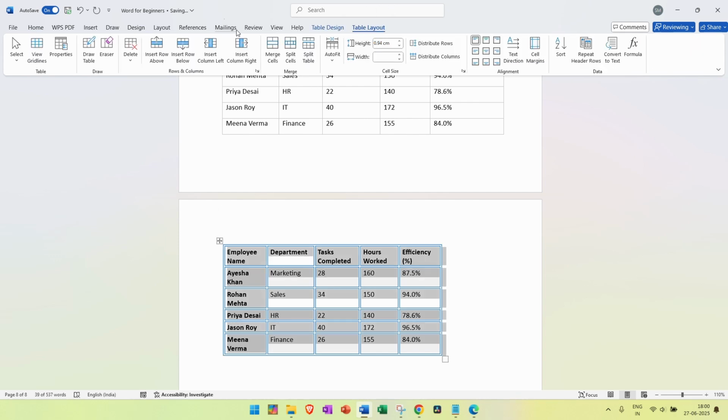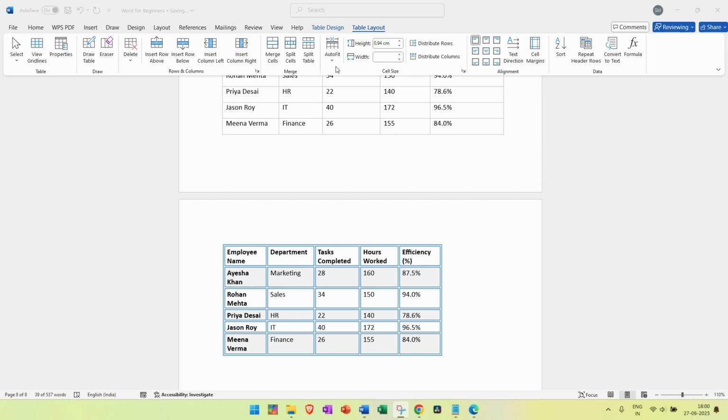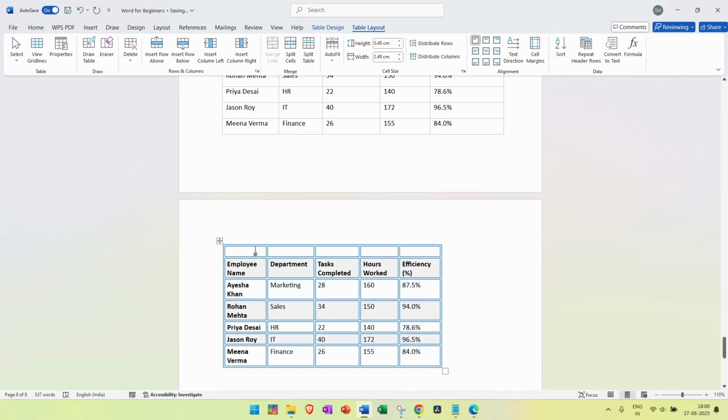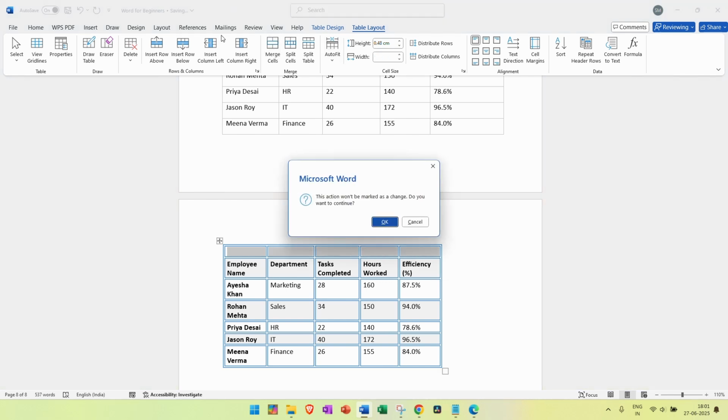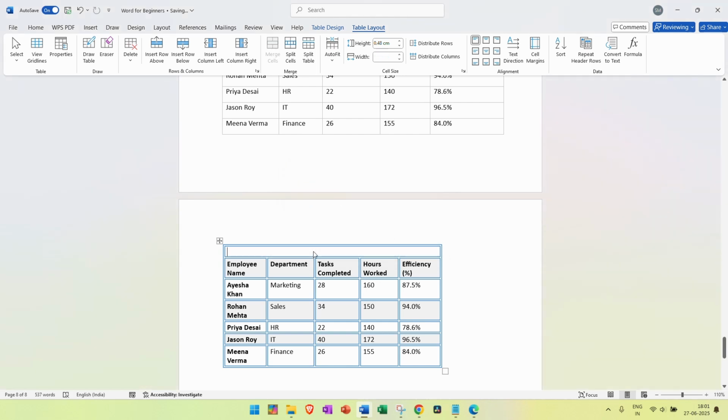I'm just going to select my table once again and go back to table layout. So you have a couple of other options over here where you have your draw table, delete, and these are the inserts. And you also have an option to merge cells and split cells, right? So for some reason, let's say I want to insert a title for this table. So I'll insert a row above, and I want the first row to be just a title, right? So in that case, I'll want to merge all the cells. So I'm going to click on merge cells, and I can insert a text over here, like maybe just employee performance details, right? So this can be my